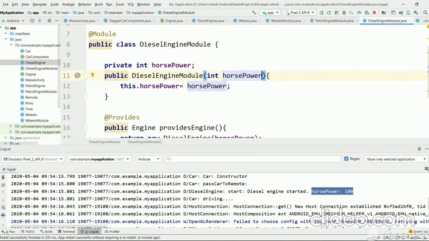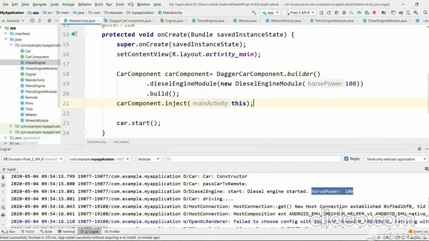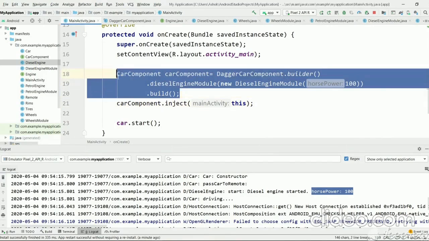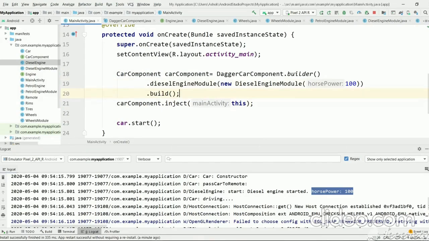So here we are providing horsepower to the diesel engine module, and this is how we will get a car component. We will provide a new diesel engine module with 100, and Dagger will use this 100 to provide diesel engine.